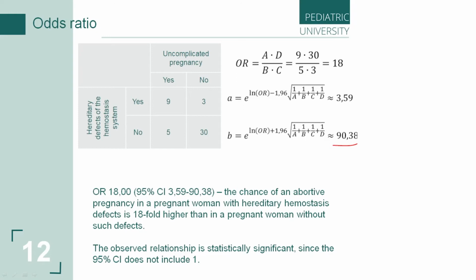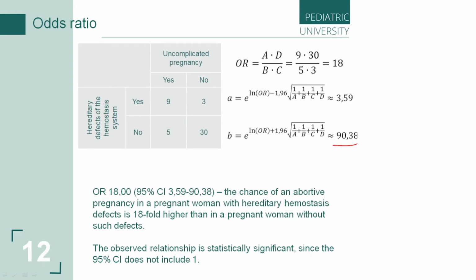And this relationship is, again, statistically significant because we also look at a confidence interval. If 1 does not fall within this confidence interval, it means that our dependence is statistically significant. And if the lower bound turns out to be less than 1, then that value is statistically insignificant because 1 is